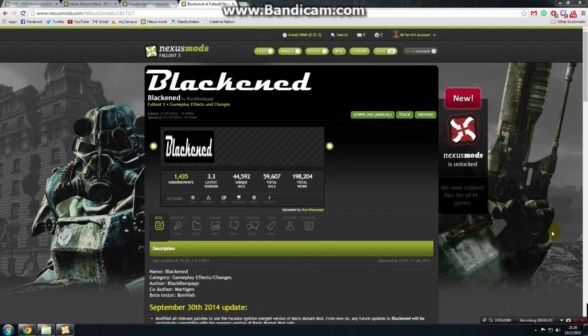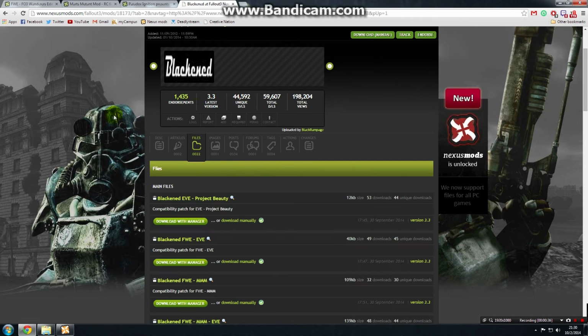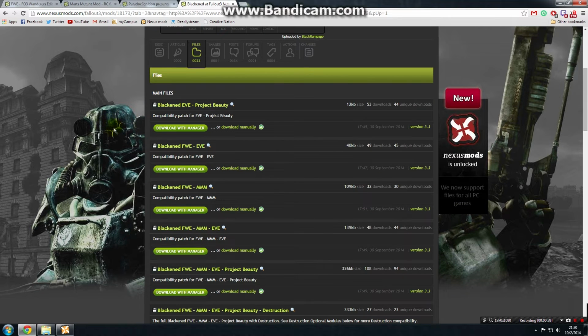The Blackened patches do require the Paradox Ignition, the Mergers version of mods, so that's why we went through all the trouble of installing the Mart's Mutant mod version there. So head on to the Blackened page on the Nexus and go to the File section. Since the only two mods we have installed right now are FWE and MMM, this is the compatibility patch we're